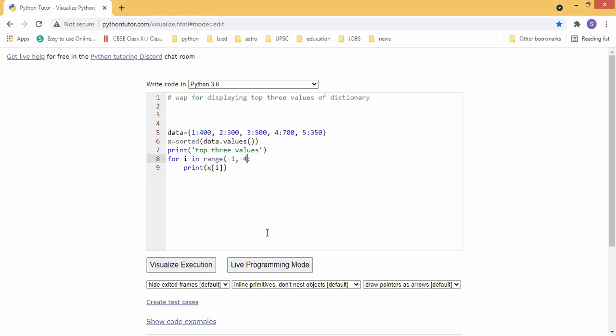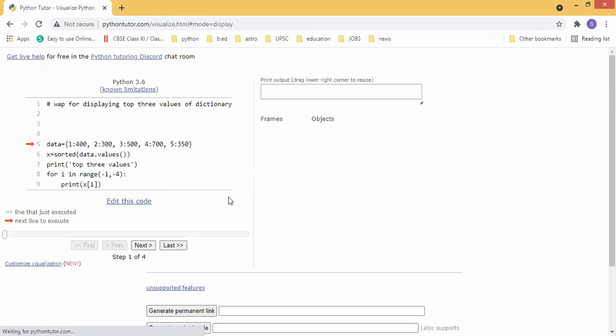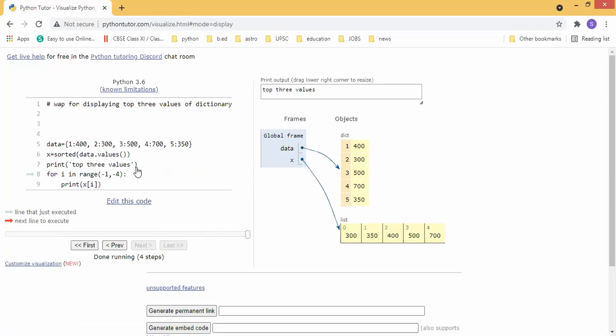If you didn't give this -1, which is a step value, it will not produce the answer. See here, I completed everything and it is not showing any values. We need -1 as a step value. To reach from -1 to -2, then -2 to -3, we need a negative step value.